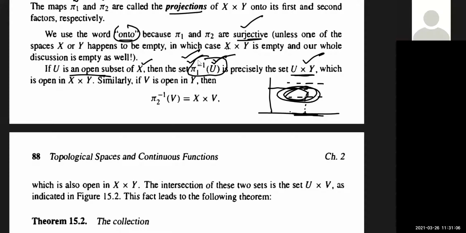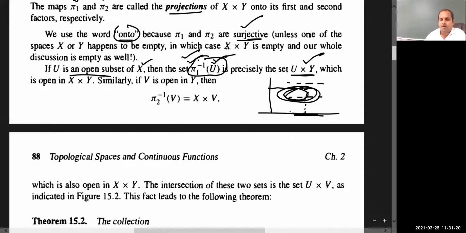सर, ये प्री इमेज यू के अंदर जो पॉइंट है उस पॉइंट का प्री इमेज नोटेशन कर रहे हैं। वेरी गुड। Basically this is set theoretic inverse, not for an invertible function. नोटेशन सेम यूज करते हैं। For a function to be invertible it should be one-one onto, but for existence of set theoretic inverse we don't require one-one onto. ये आप डिफरेंस समझ लो।